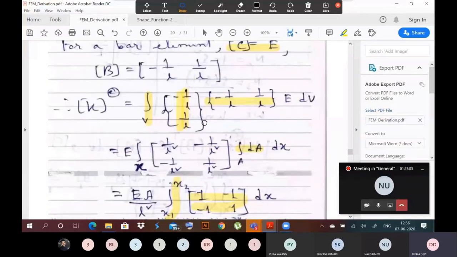Therefore, when you write the shape function in terms of the natural coordinate system, your B matrix will be a function of xi and eta, the natural coordinates. In that case, your integration over the volume becomes very easy. Your limits of integration will always be from -1 to +1. So that is the beauty of this natural coordinate system. That is why we always derive the shape function in terms of the natural coordinate system, so that this integration becomes simple. So let us derive the element stiffness matrix for a 3-noded bar element.